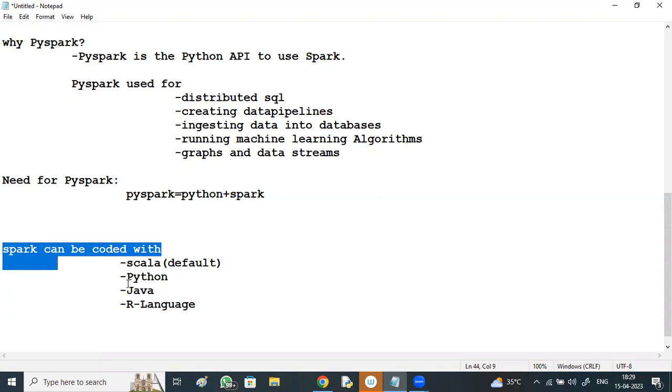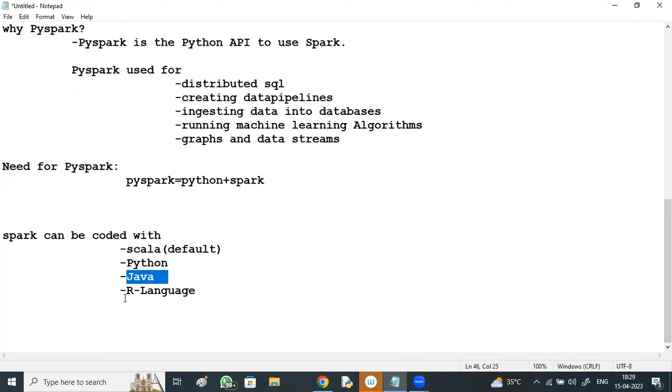And why are we choosing Python now? Because Python has many advantages compared with other programming languages. As of now in the industry, mostly Python and Scala are used. Very rarely we see Spark with Java, only a few companies, like Value Labs, use Spark with Java implementation. R language is never used, but it can be used also. Among all this, Spark is by default built using Scala, and most of the APIs are built using Scala.